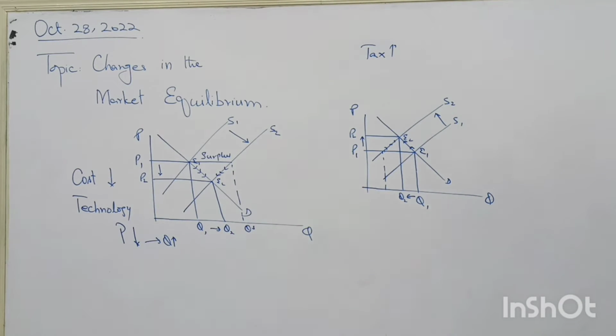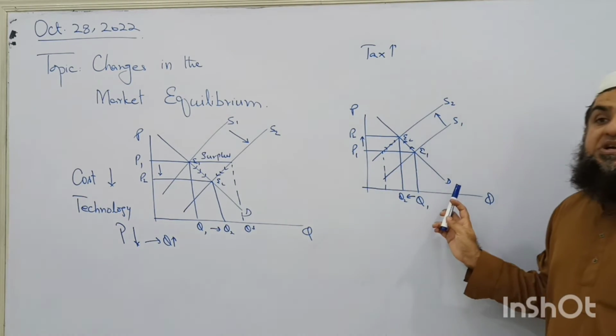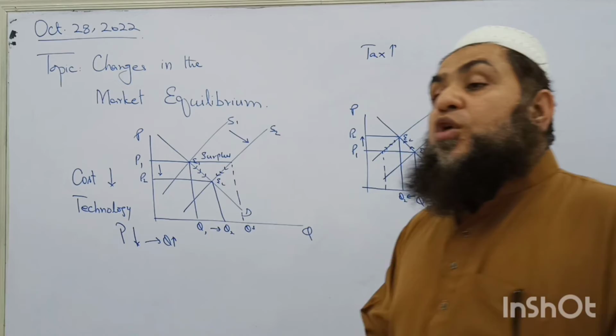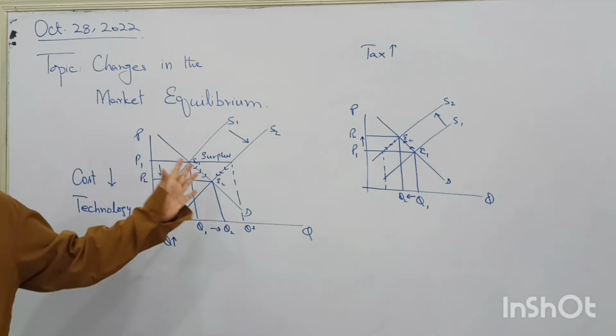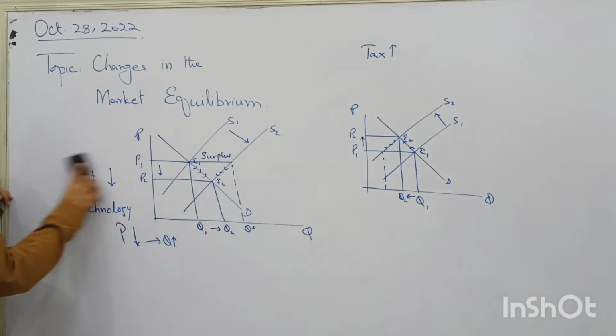So when supply shifts leftward or upward, there is going to be an increase in equilibrium price and a decrease in equilibrium quantity. Clear? Is there any ambiguity or do you feel anything problematic? No? Now if both the curves are shifting, what happens? There is a possibility that both change; so far I said one of the curves is changing, either demand or supply. If both are changing, then what happens?